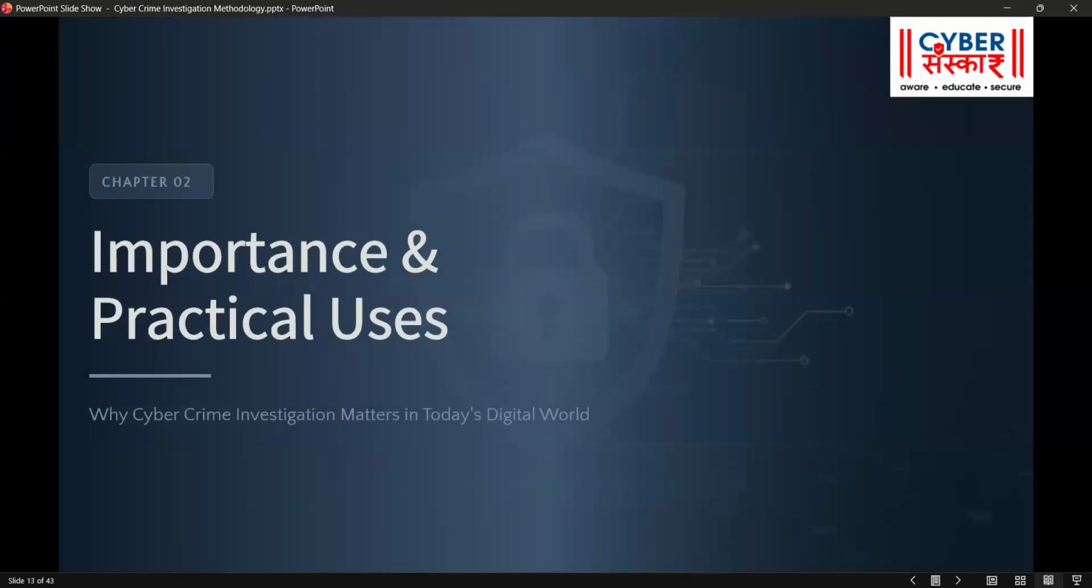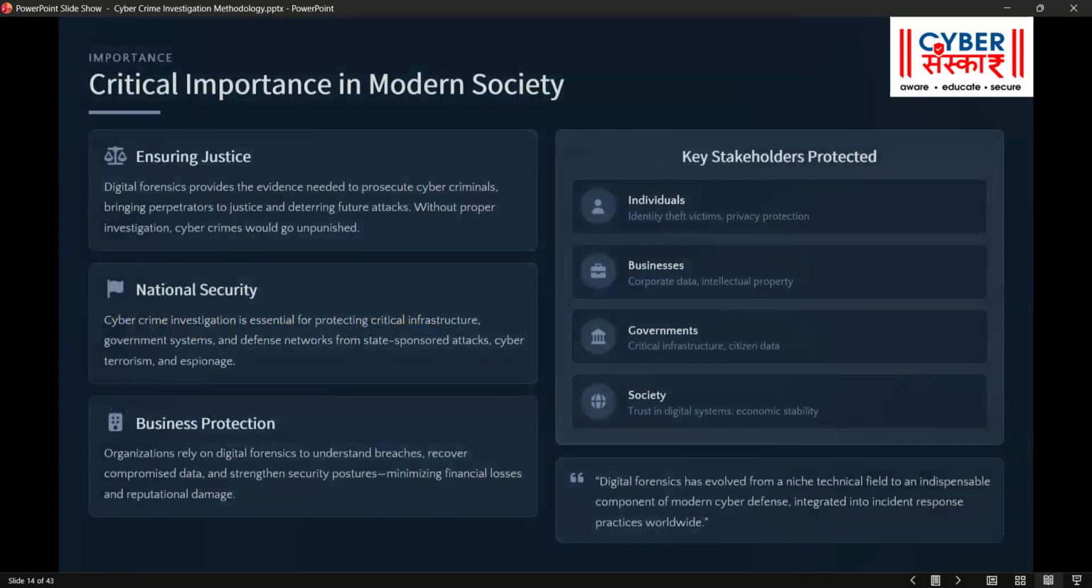Now, the importance and practical uses. Why does cybercrime investigation matter in today's digital world? The critical importance in modern society. Firstly, ensuring justice. You see, the number of cybercrimes is increasing day by day throughout the world, not only